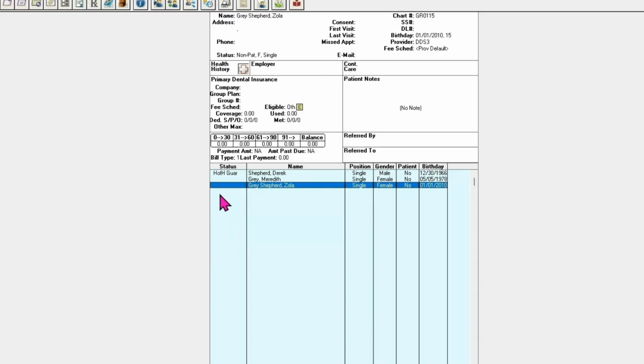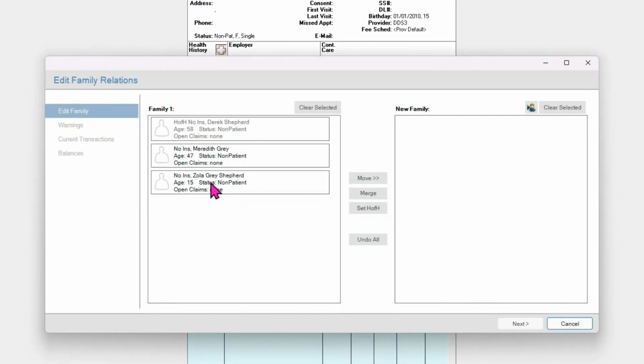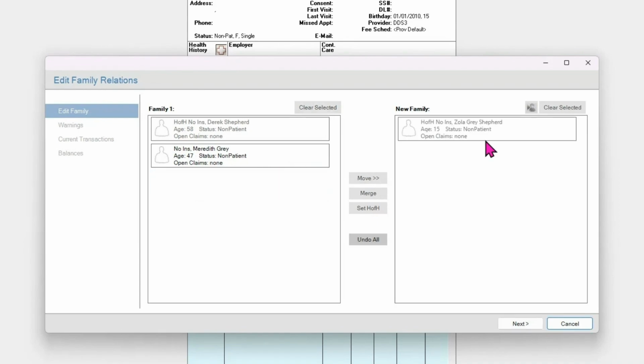So to do that, we'll go back up here to edit family relations. We'll select the patient that we want to move out of the family. And then right here in the middle, select move. And now you can see Zola Gray Shepherd over here in a new family. She will be her own head of household. And then you just click